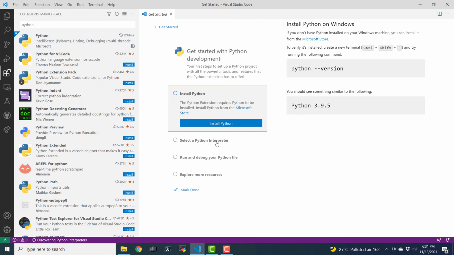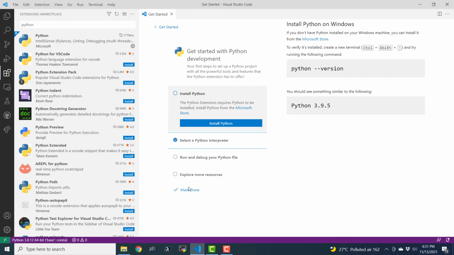Now the extension has been installed, and here we have the window pertaining to the extension. Here we have multiple options: install Python, select a Python interpreter, run and debug your Python file, and explore more resources. I already have Python installed on my system, so I'm just going to click here and say select a Python interpreter,